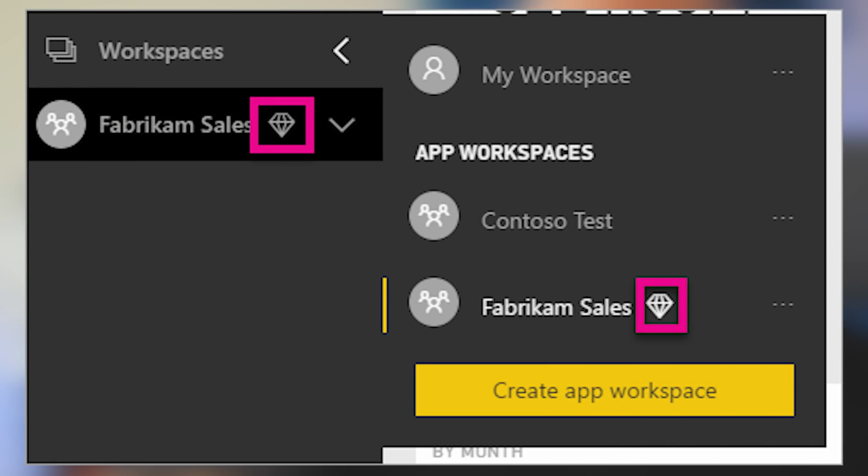All right, and what does this mean to the end user? What does it look like for them? And really, from an end user perspective, Power BI doesn't really look any different or feel any different. Reports render, they can look at dashboards, and they can do things inside of Power BI. So none of that changes. What you will see is when you go to your workspace list, you may see some diamonds next to workspaces. And those diamonds are just an indication that that app workspace or your personal My Workspace is backed by premium. That's really the only visual clue you're going to get.